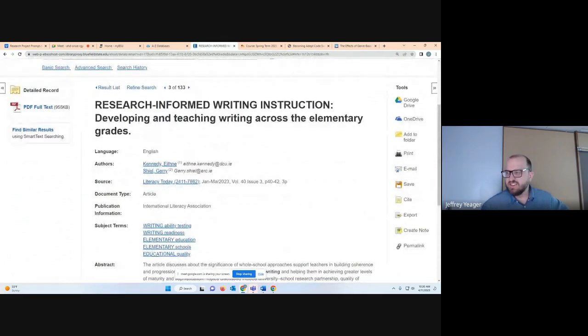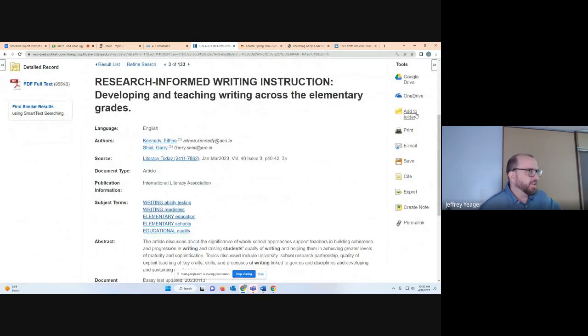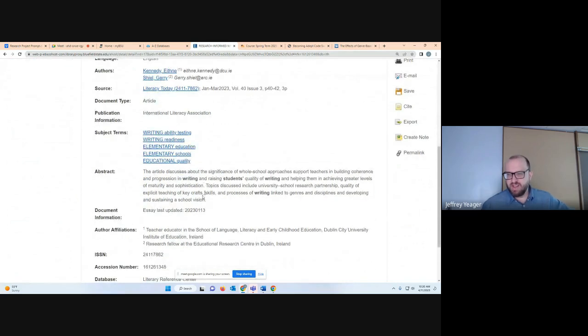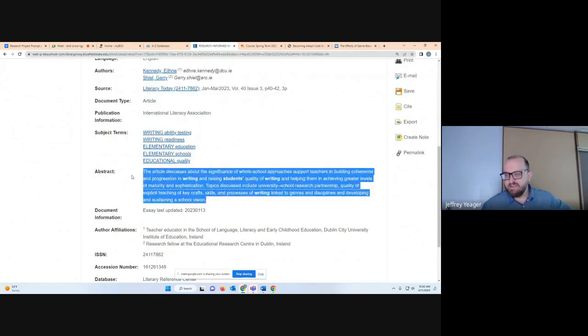When you get to this screen, I've already showed you these buttons where you can save the stuff to your computer or whatever. But one of the things that it'll do, it'll give you like a little paragraph abstract. The paragraph abstract kind of gives you a brief summary of what the article's about. If it doesn't seem like something that's going to be relevant to you, move on, go to the next source. There's going to be no shortage of stuff out there.